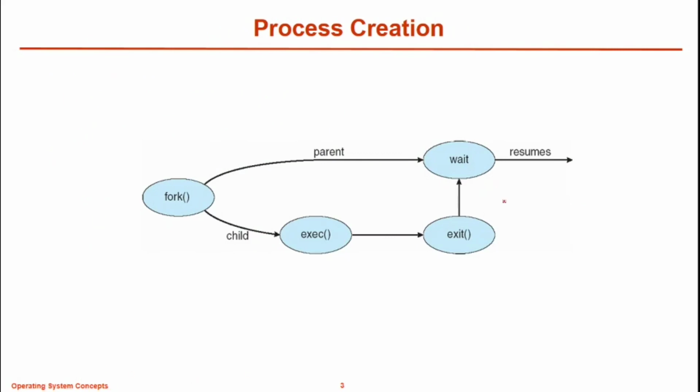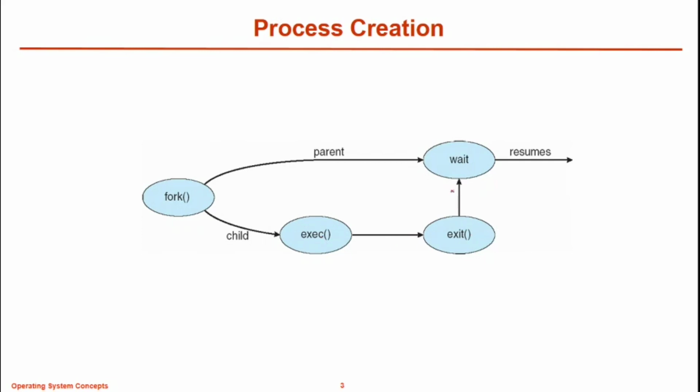This is a diagram of process creation. You can see the fork, the Unix system call used to create a process. The system call fork creates a child process. The child process starts getting executed. At the same time, the parent process has to wait. The parent process has to wait till the child process gets executed and exits. After it exits from the CPU, the control goes to the parent process, which is waiting for the completion of the child's execution.